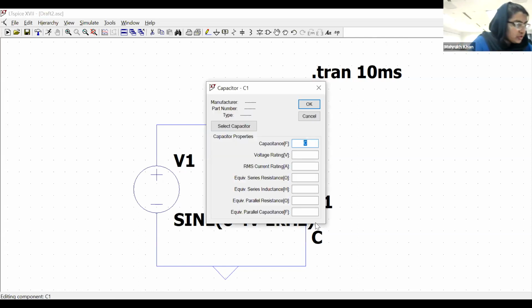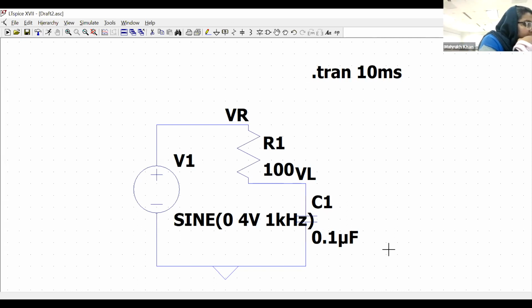Okay, so this should be 0.1 microfarad and 100 ohms, and I should start with 100 hertz. 100 hertz makes one time cycle equal to 0.01 second, right? Yes, so it means 10 milliseconds. Okay, I'll increase this